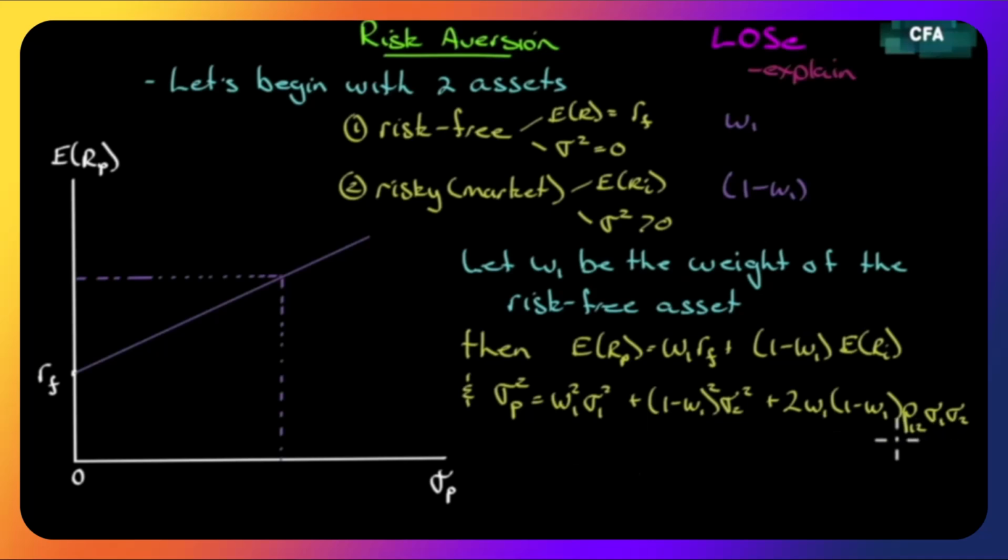So we can go ahead and plug numbers in here, but that would be a waste of time, and here's why. The variance of the risk-free asset is 0. This term over here is 0. This term over here is 0, which means this whole term is 0, and this whole term would be 0, so all we're left with is what's in here. Therefore, the variance of the portfolio is nothing more than (1 minus W1), the weighting of the risky asset, times its variance. So our standard deviation of the portfolio is nothing more than the weighted standard deviation of the second asset.